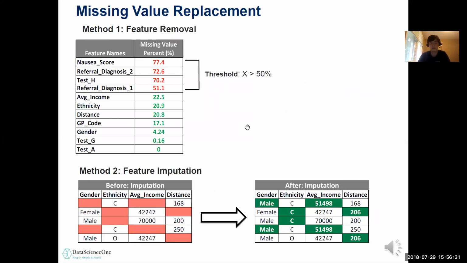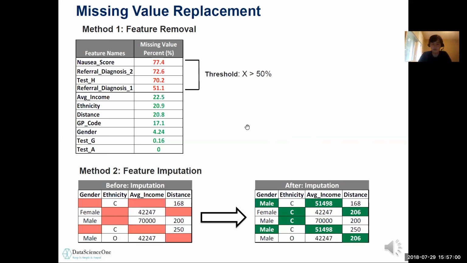So now let's talk about missing value replacement in more detail. There are two main methodologies to deal with, based on the scenario. For example, let's say we computed a missing value percentage on each single feature, and our threshold is 50%. If we detect any feature that's missing more than 50%, we'll simply drop them,